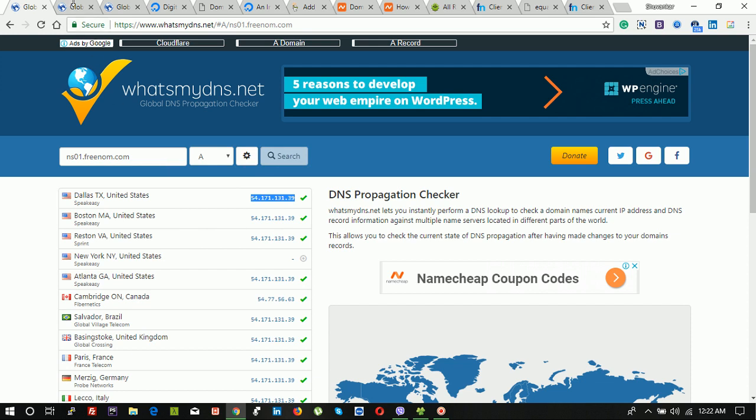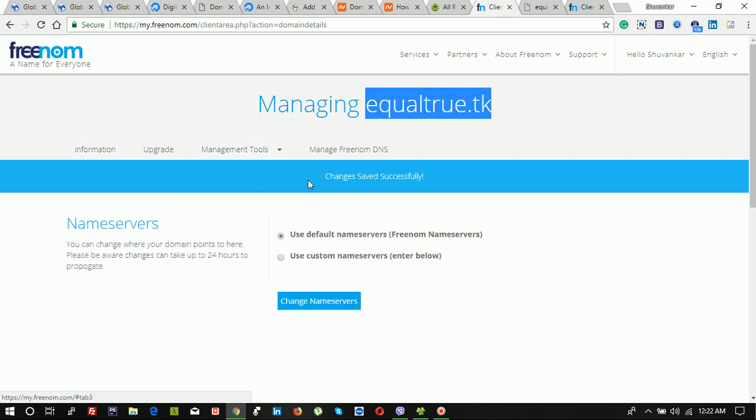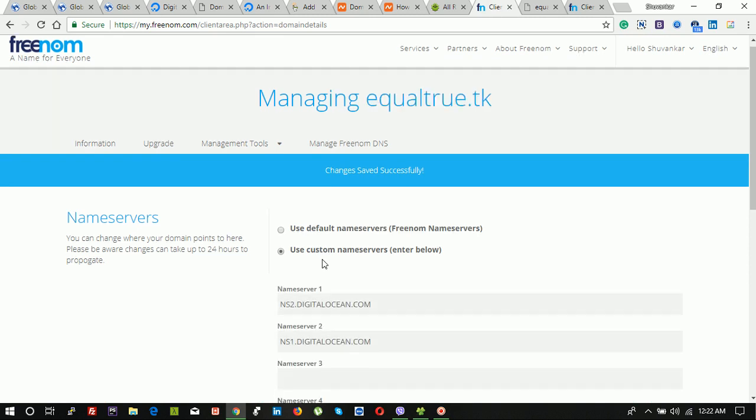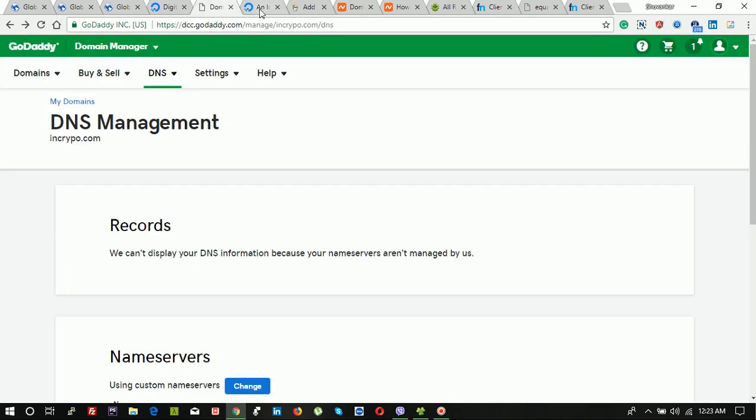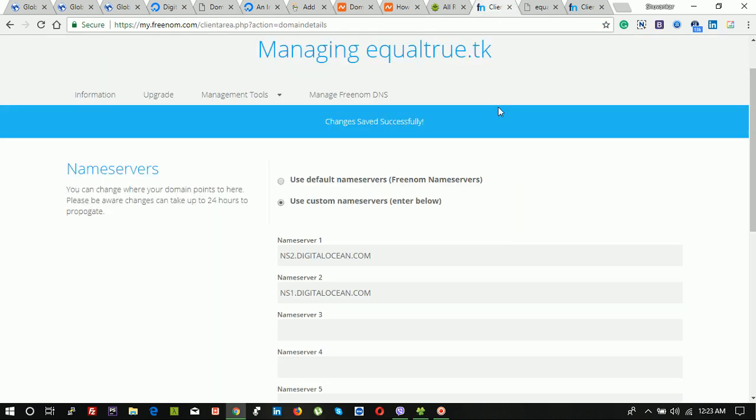Now we are going to change this name server according to our hosting provider, so that the hosting provider can find this name server and show our website. In my case I am using DigitalOcean, so I am using ns0, ns1, ns2. I have already changed it.